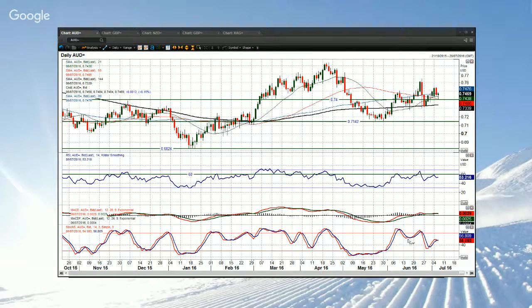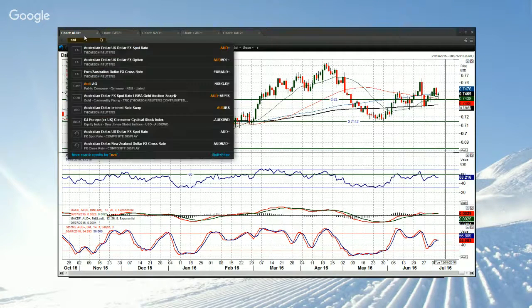You've turned lower around about that level, that old level, also at 60, turning lower. MACD line sort of running out of steam as well. I think this is going to turn into certainly a move back below 74, maybe 73.85, maybe the 73 figure being the sort of neckline support.